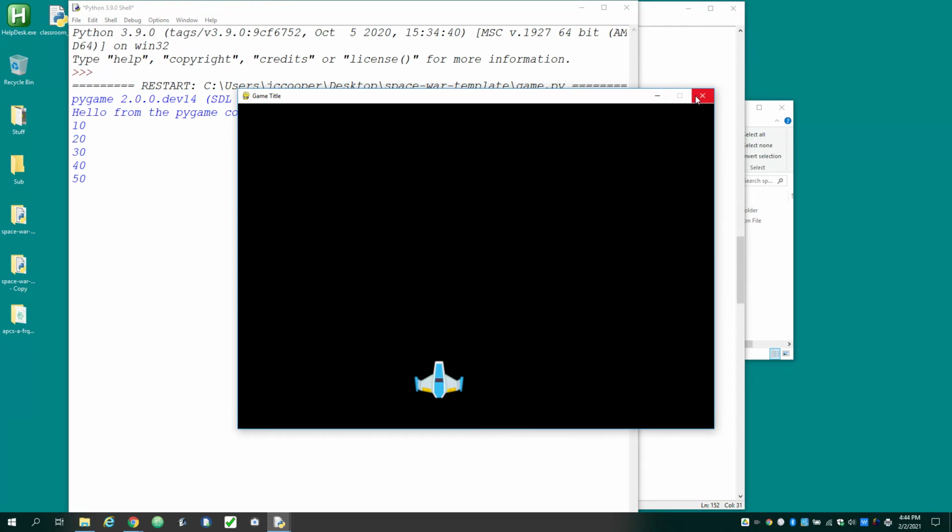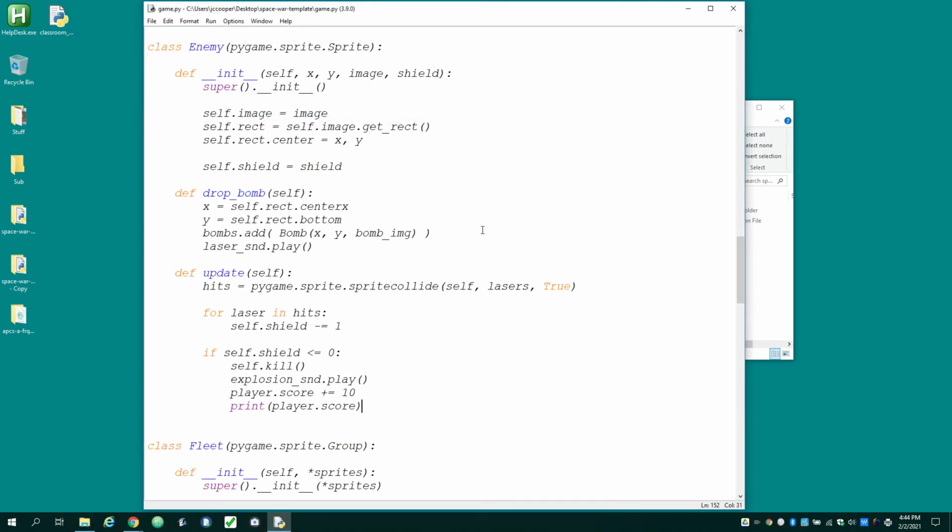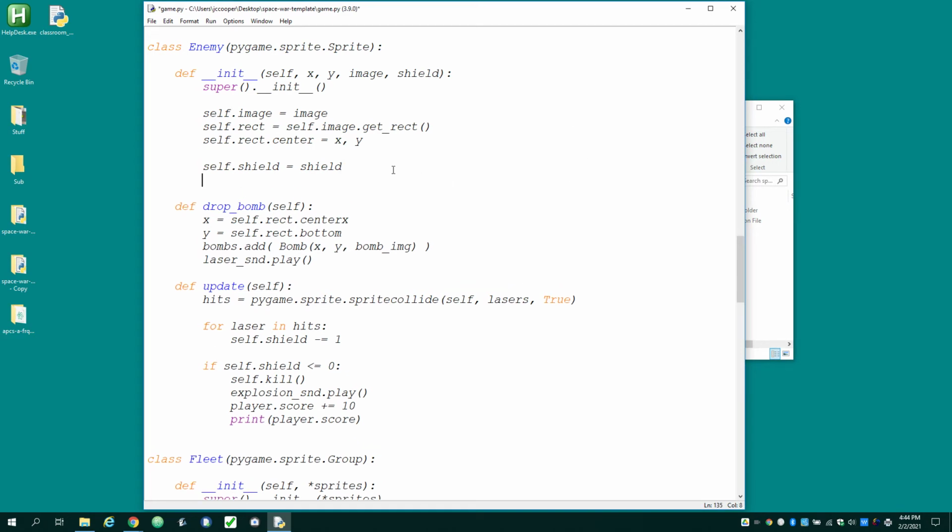But there's something I don't really like about it, and that is, we have two types of enemies in our game. We've got the easy enemies and the hard enemies, and I really think that the hard enemies should be worth more points when you kill them. So I'm going to change this a little bit here, and I'm going to add another attribute called value. And I'm going to pass this into the initializer, okay? And so now I'll go down here and I'll say self